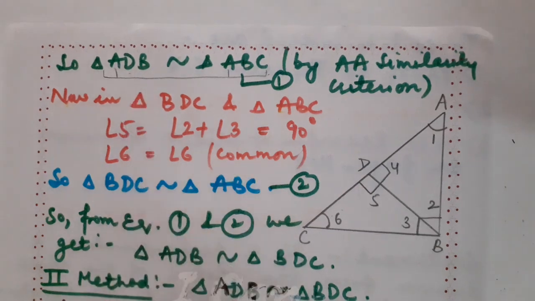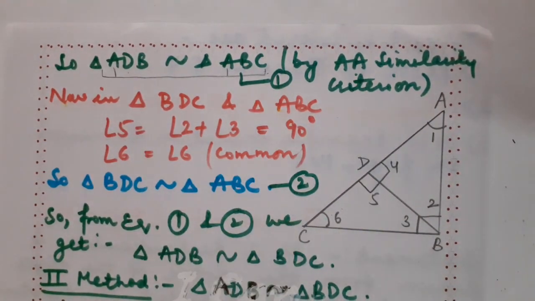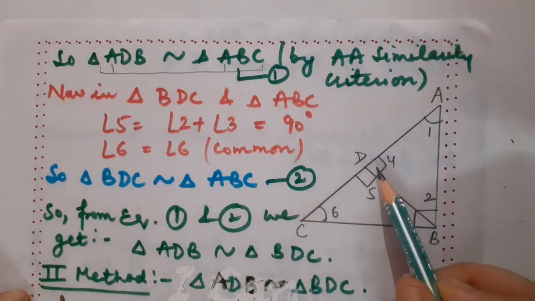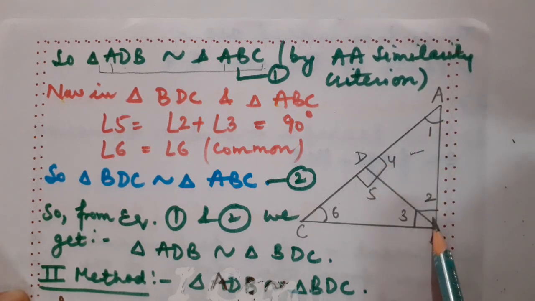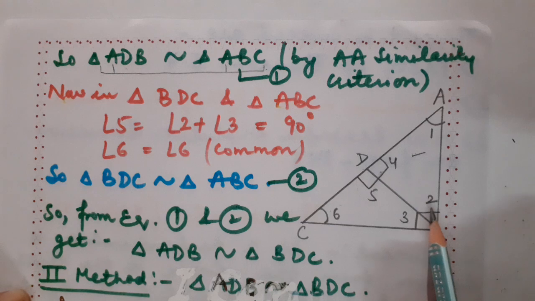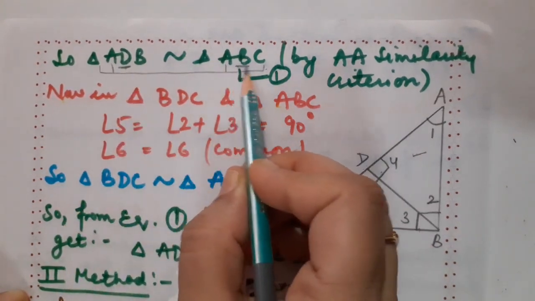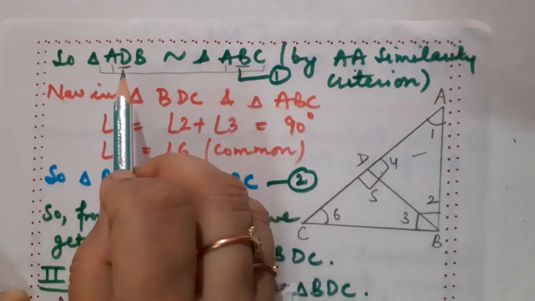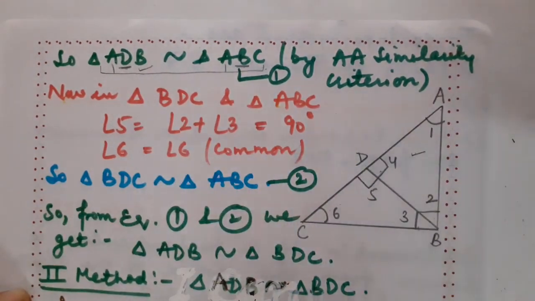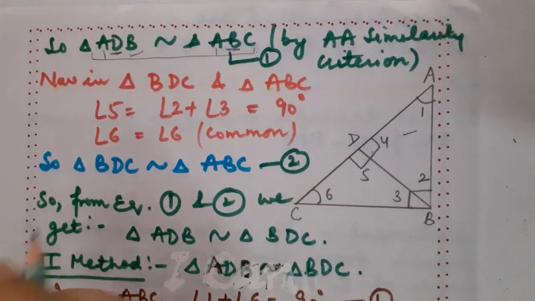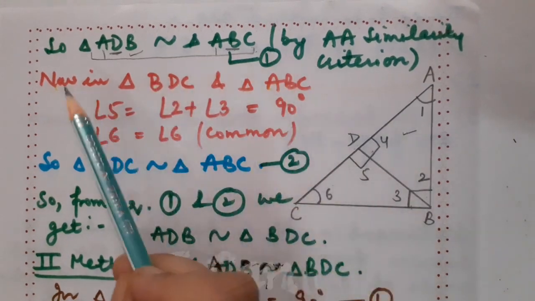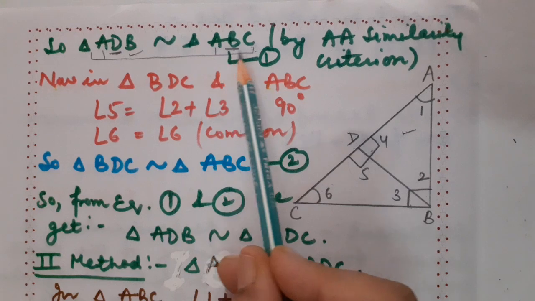At angle D, let me check at vertex D what angle is formed. Here you can see in this diagram, at vertex D angle 4 is formed if I am going to talk about this triangle, that is triangle ADB. Correct? So this is of 90 degree. In the same manner, if I am going to talk about complete triangle ABC, then again angle B is of 90 degree. So angle D is in correspondence with angle B. Correct? And definitely whatever is left, the third one, B is in correspondence with angle C. Got it? So by double A similarity criteria, we have proved that triangle ADB is similar to triangle ABC.